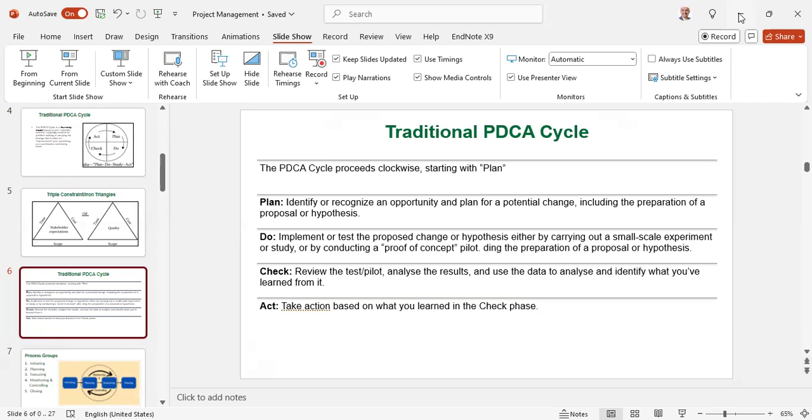The traditional PDCA cycle, most commonly, as I identified and described before, starts with the plan, to identify the preparation for your project proposal, recognizing any opportunity or potential change in your planning, what your expectation is among your competitors, what the added value is of having a specific quality of implementation among your competitors, what to do to implement this planning, and what your quality process is to identify the quality of your project implementation,